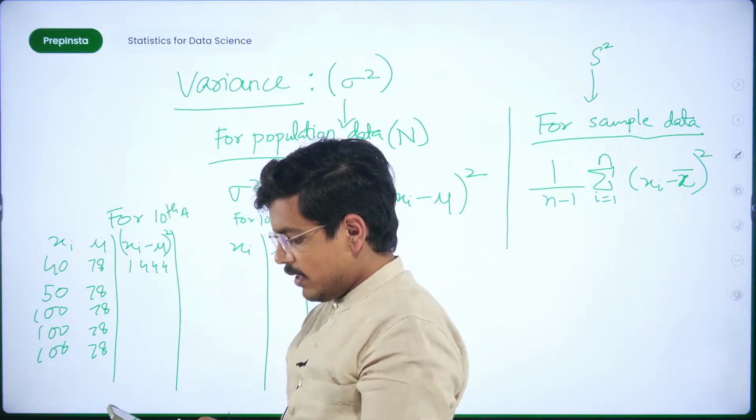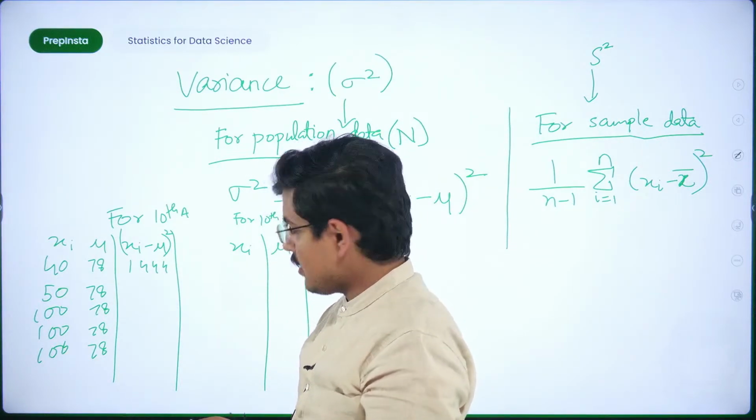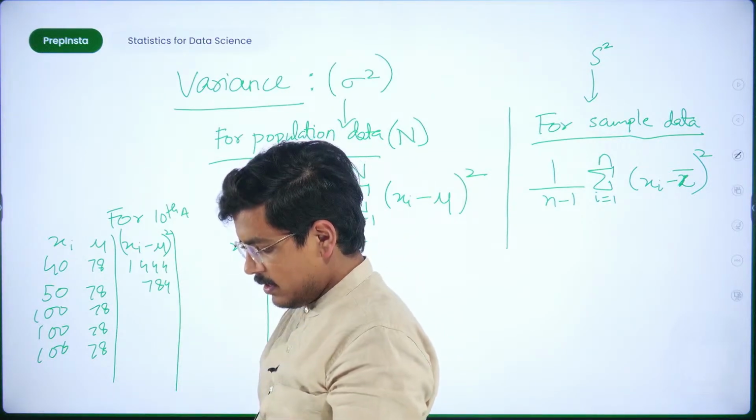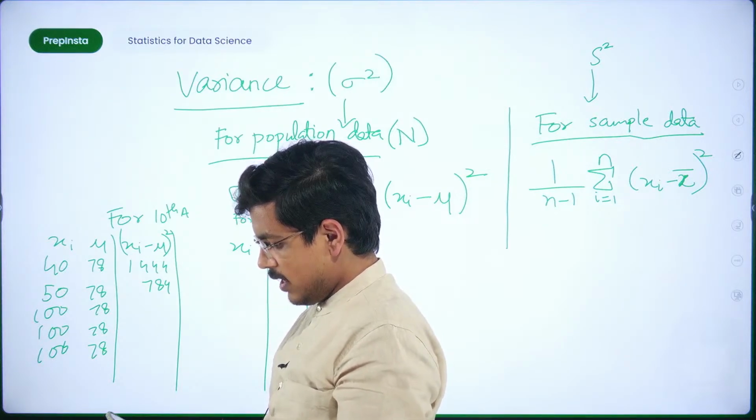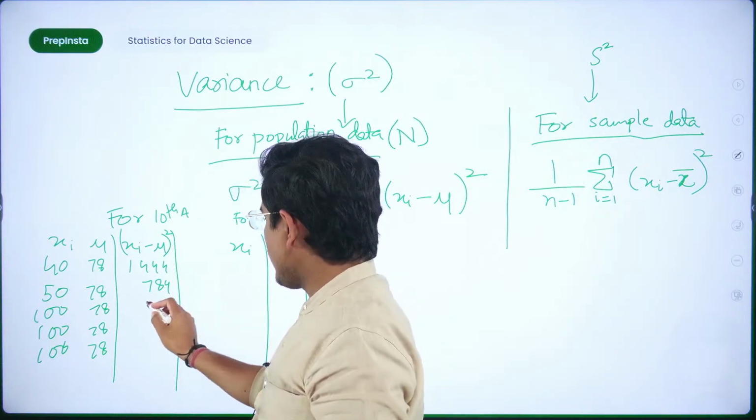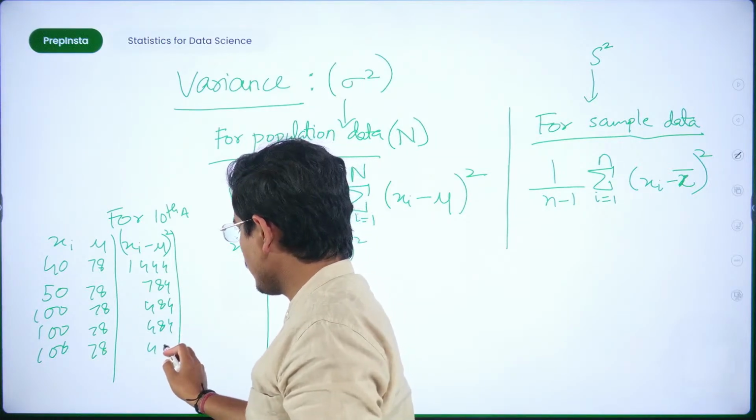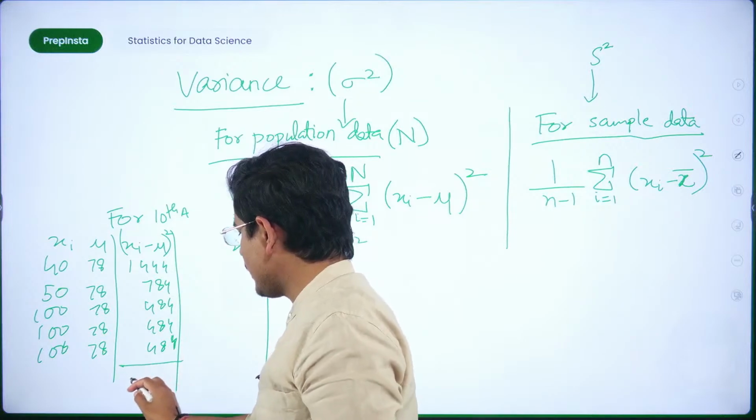Fine. Now let's do 50 minus 78. This is 28, and 28 into 28 is 784. Fine. And then 78 minus 100 is 22, and I square it up. So 484, and this would be used thrice. Now if this is 484, fine. Now if I check their summation,